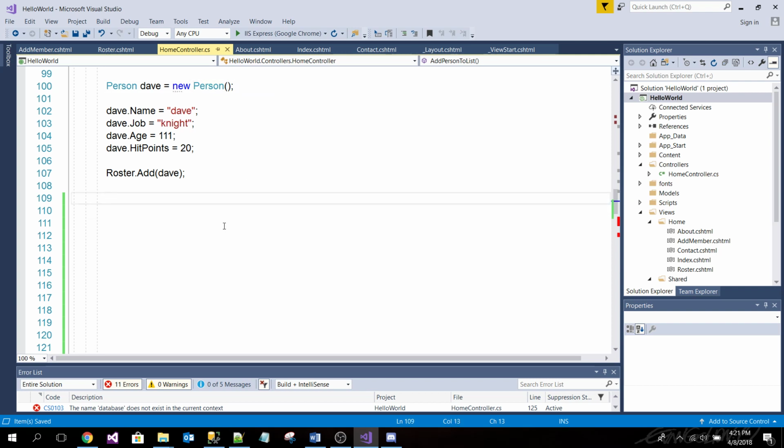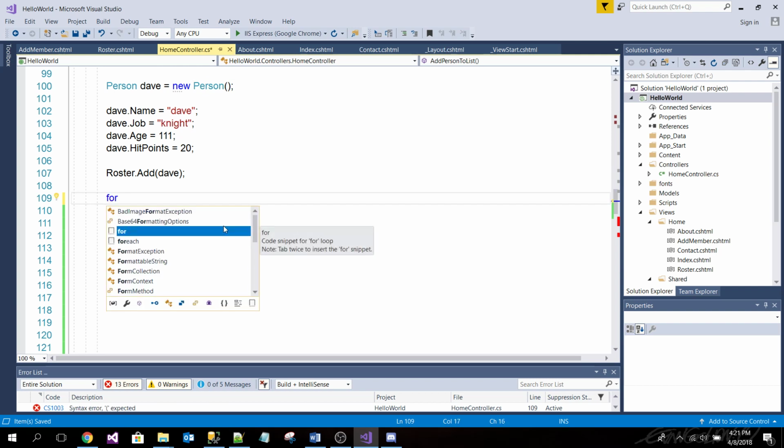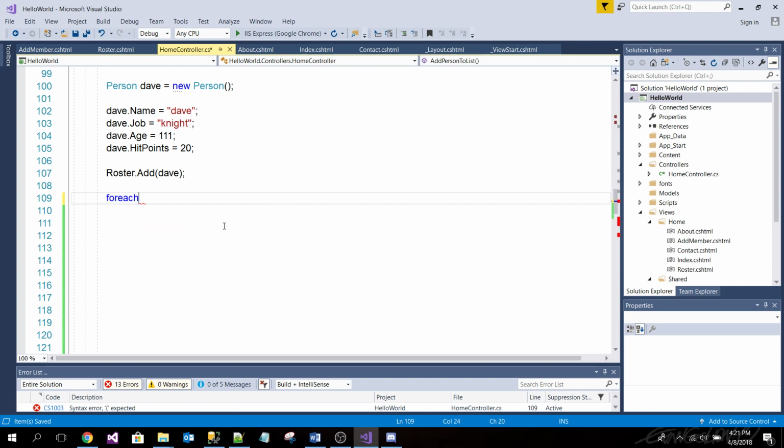So if I type for each, okay, now you don't really have to memorize this. You could always go Google this, or just have the environment do it for you, or fill it in for you.